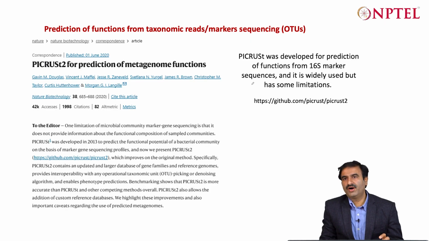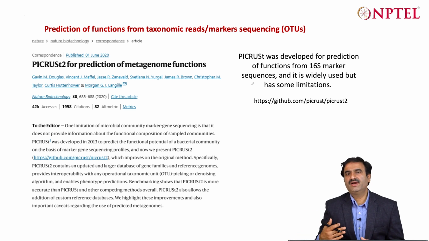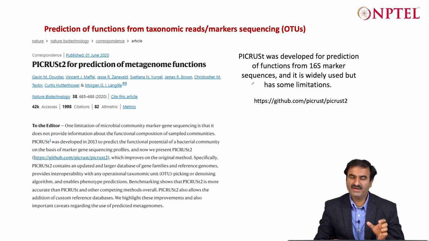Okay, so you can do metagenomic analysis using the shotgun data from the actual genomes, but you may also do something similar using the taxonomic reads, where you use the 16S ribosomal RNA marker based approach, or the V3 region or V4 region or combined region, at least some marker region, to calculate the abundance and taxonomy, right? So PICRUSt can use that data, because when I know a 16S ribosomal RNA is coming from